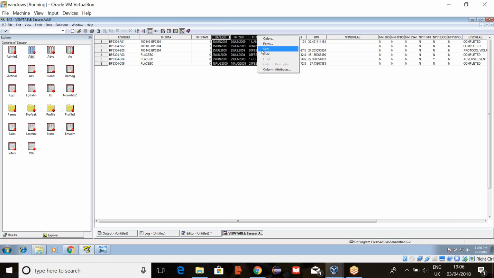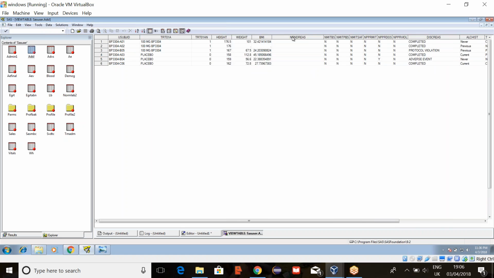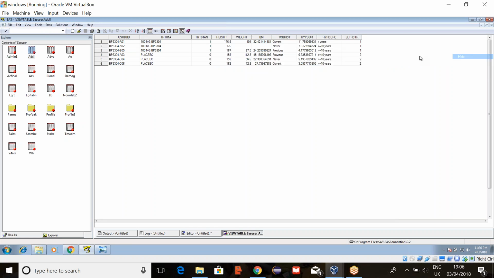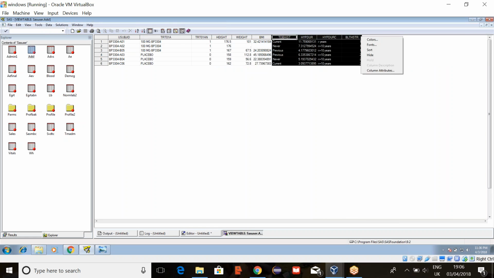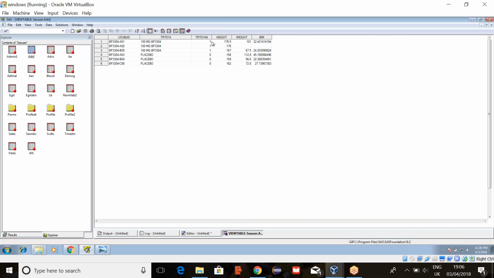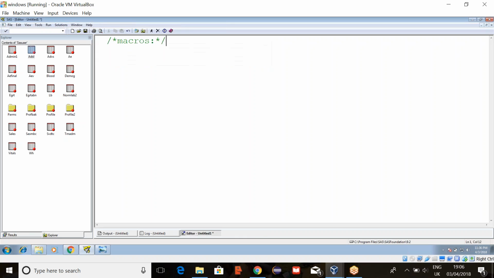See, we had height, weight, and BMI, and these also we don't want. Now we had the treatment variable, and for treatment there are two variables. One is a character type, and another one is a numeric type. This numeric one is only for sorting purpose. Now here let's create for height. Before that we have to create an overall column, right?